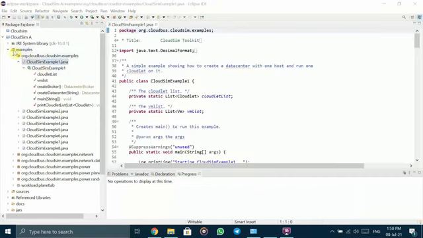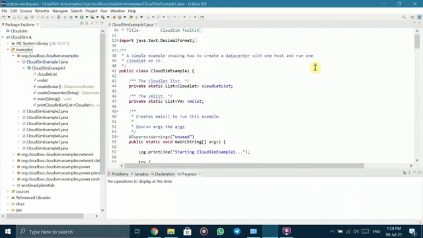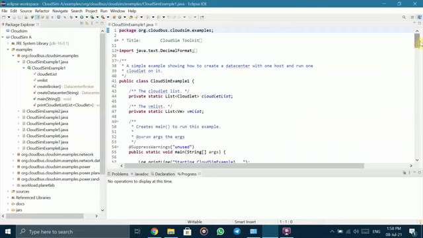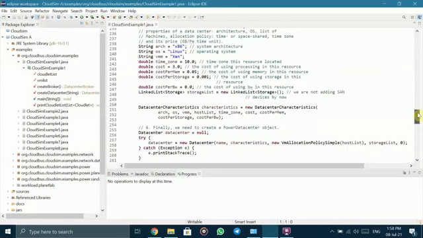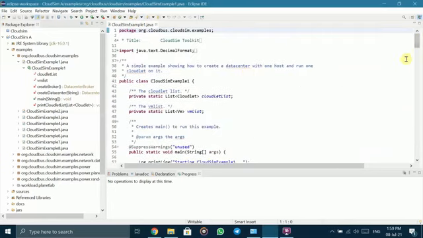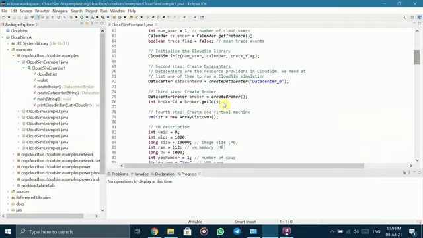As you can see here, we have selected the examples, and from the examples, I have taken CloudSim Example 1, and by taking it, we have got the whole program. By running this program, we can get the result in the console. So we can write any Java logic we need in this program, and by running it, we can get the result in the console. Let's run the program.